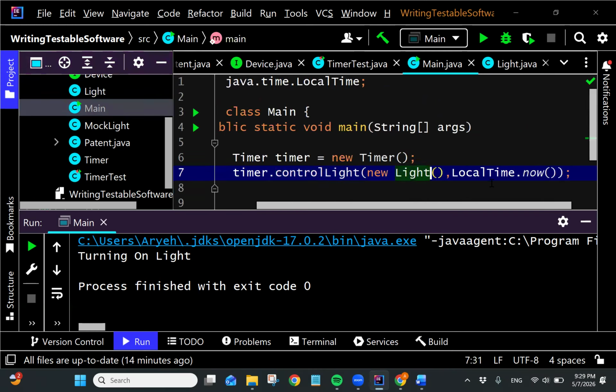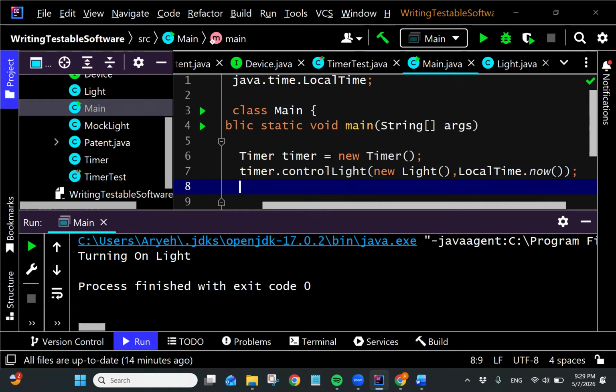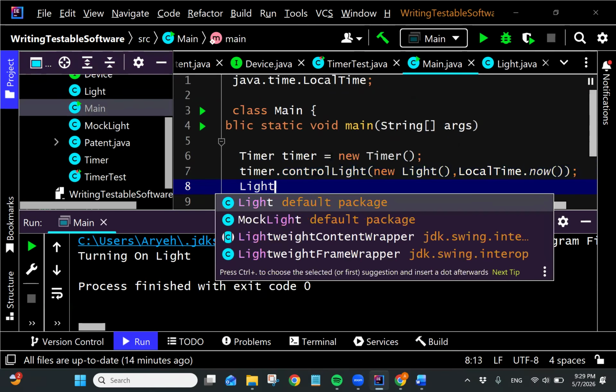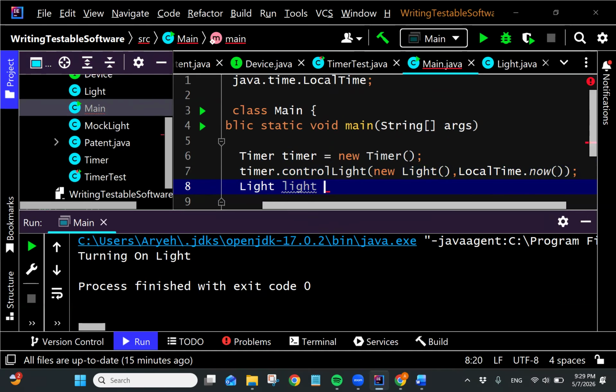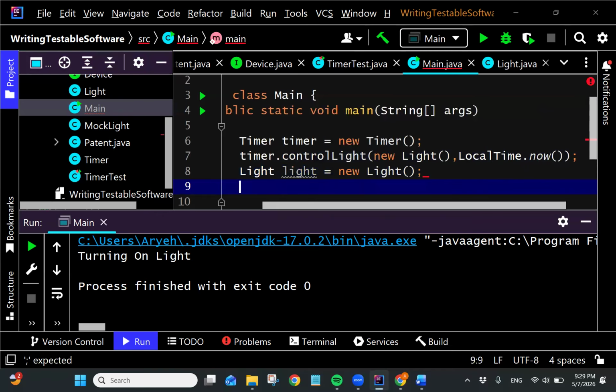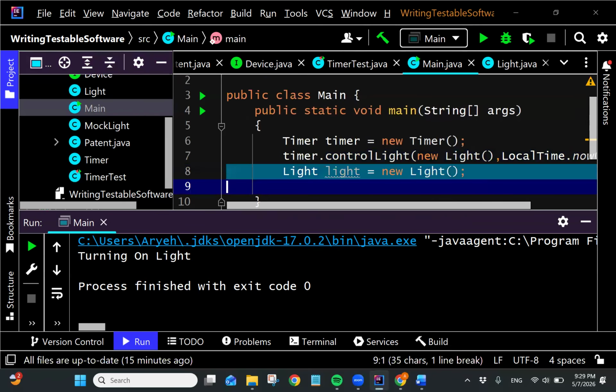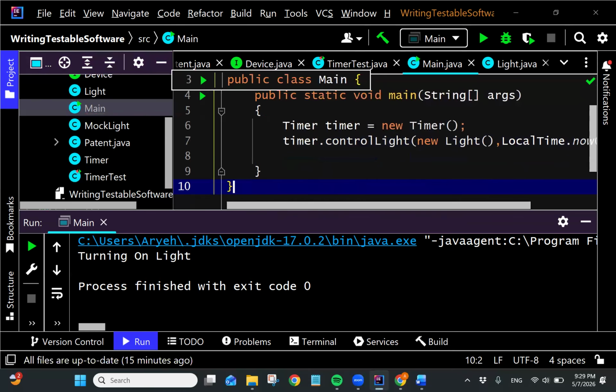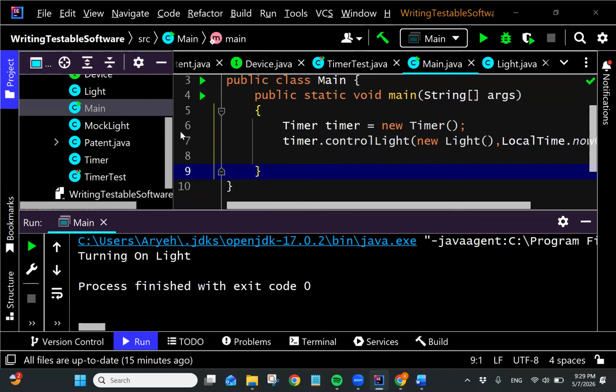Let's say over here, okay, let's say I do light equals new light. Actually, I'll do one more thing here. I have a method called